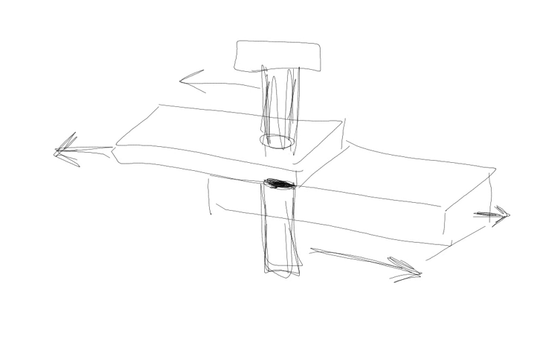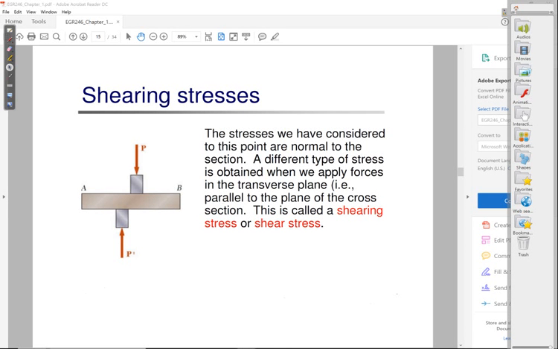So a shearing stress, obviously, if you look at this, is very different from a normal stress. A normal stress on the screw is if you were to pull the screw along its vertical axis. That would be putting a normal stress on the screw. But now, when you pull sideways on the screw, now you have shearing. So a shearing stress is definitely very different from a normal stress. And how we're going to define it